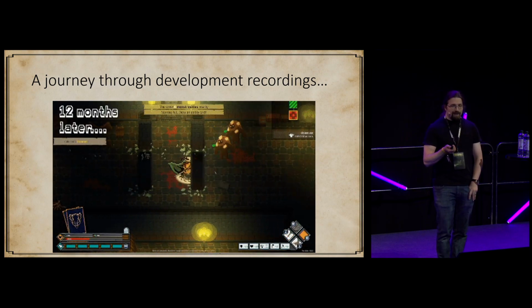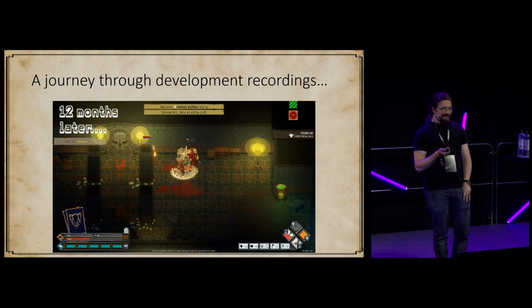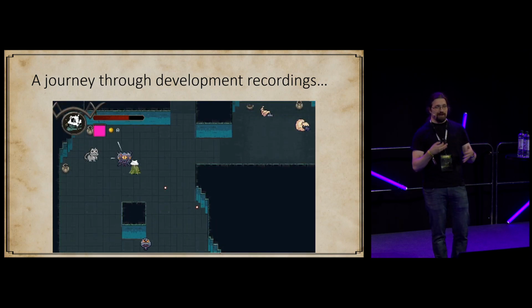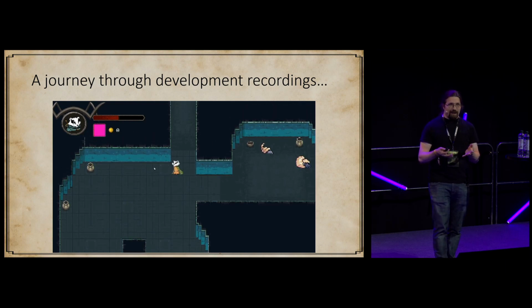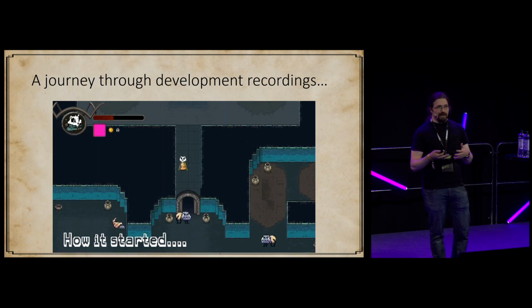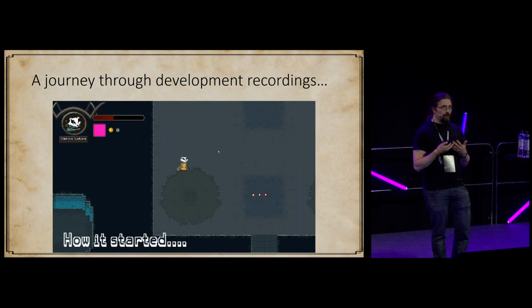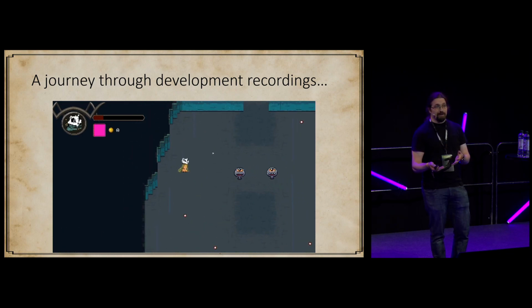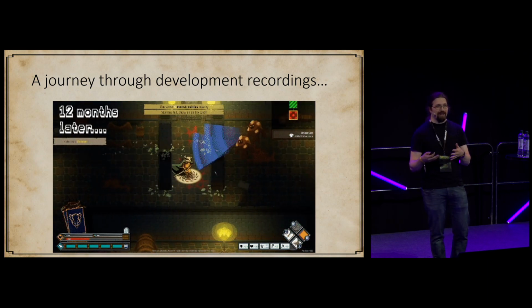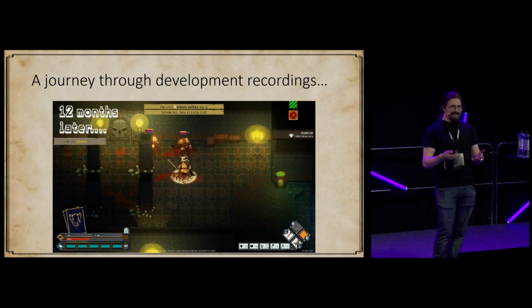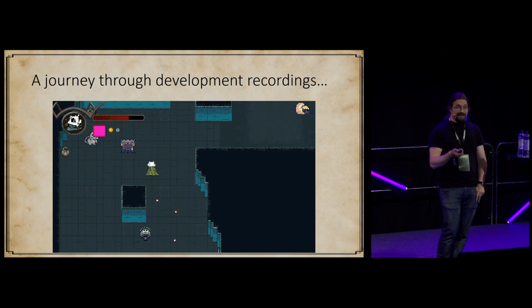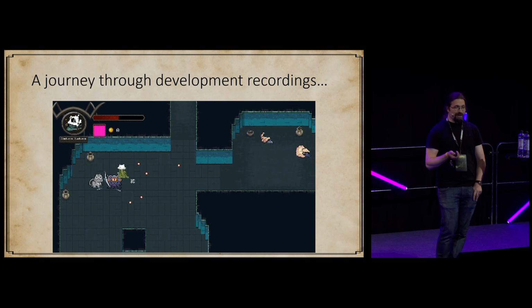This is a nice GIF that shows the progress. So what I'm going to do in this talk is go back through time a little bit. I've been looking through my archive of development GIFs and images, because we are an entirely or almost entirely remote company. The way we do development quite often is that we make a little video of the thing that we're working on and we send it to everyone else, and then they get to look at it and get a feel for what's happening in the game. So that's what I've done. I've gone back and looked at what we've done.